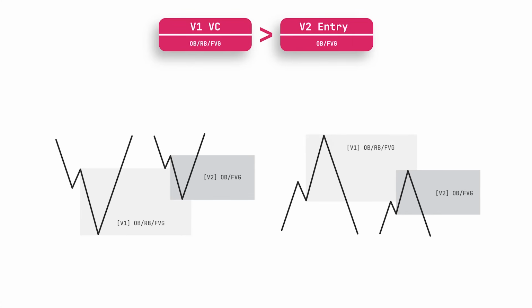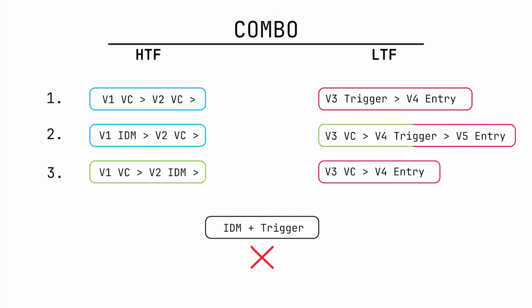Now we move on to step number 3, where everything is already ready and you just need to use in practice everything I present here. Step 3, combo. To simplify, I've divided the entire process into two very important parts. The first part is the high time frame, HTF, where there are always just two variables.